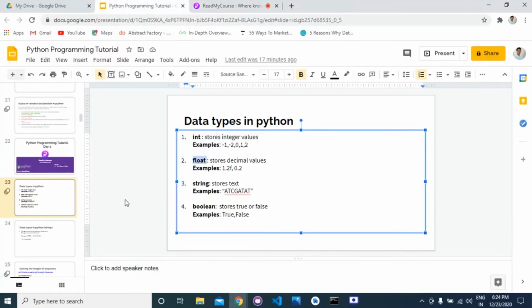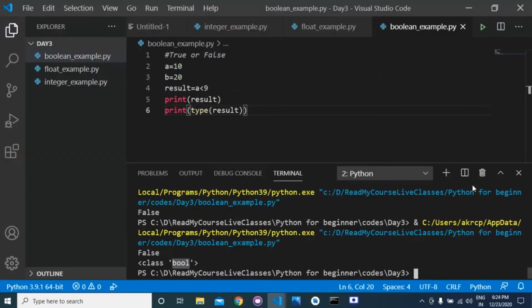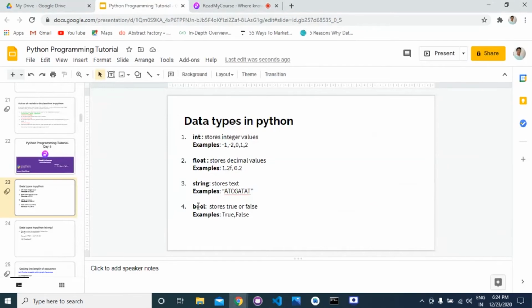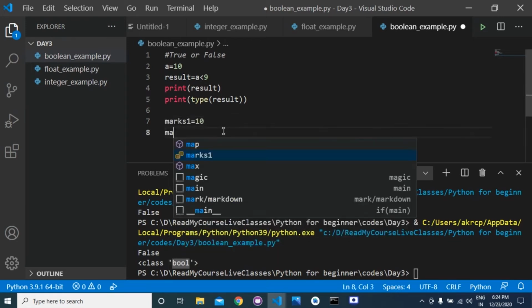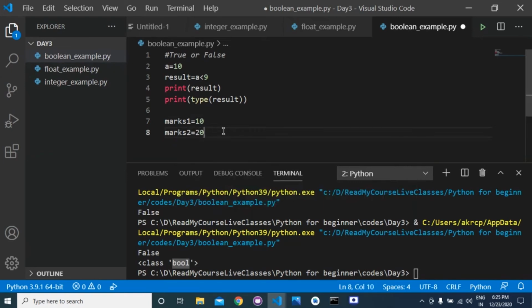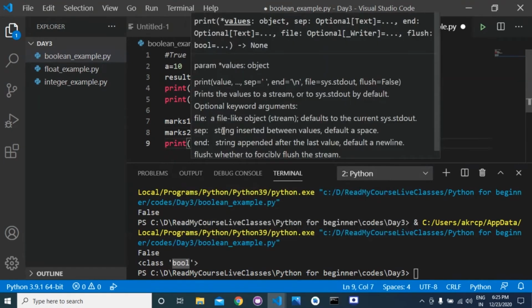It's basically bool, so you can use bool here. It's called Boolean, so that's why I write it like this. Now similarly, suppose we have two variables, marks 1 is equal to 10 and marks 2 is equal to 20.